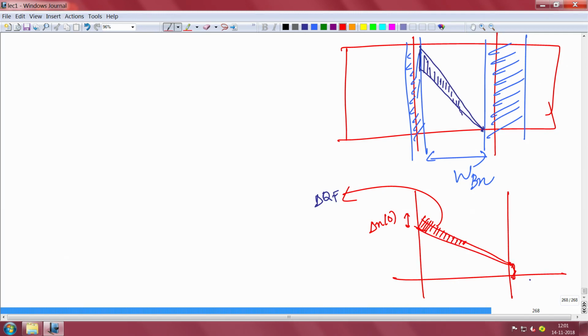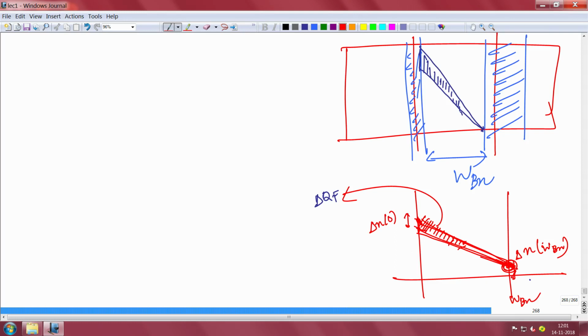There will be some small value over which it will modulate, and that modulated value will be delta n at this point, which is WBN, okay. What I am trying to say is that because of a finite velocity saturation, this point will not become 0, there will be some spread there. So you are doing a small signal modulation, you are going to change some charge there. So there will be a spread here and there will be a spread here, okay.